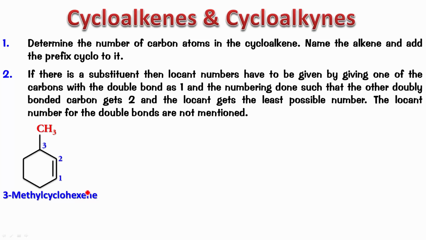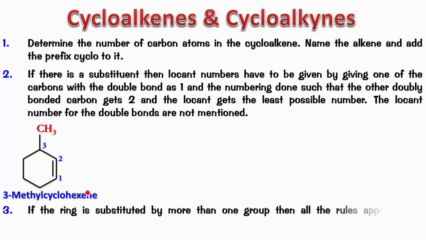Now I'm going to have two substituents and let's see what happens. Now if the ring is substituted by more than one group, then all the rules applicable for naming an alkene are followed. Again, with the rules saying that the doubly bonded carbon must get 1, the other doubly bonded carbon must get 2, and the first locant should get the lowest number. And in such an event, if there is a choice in numbering, then again all the rules of alkenes are followed. For example,